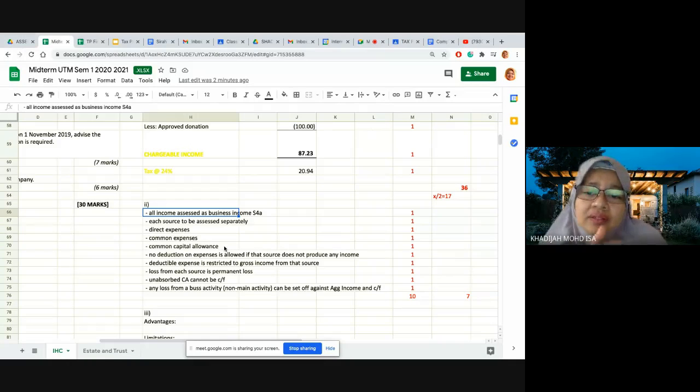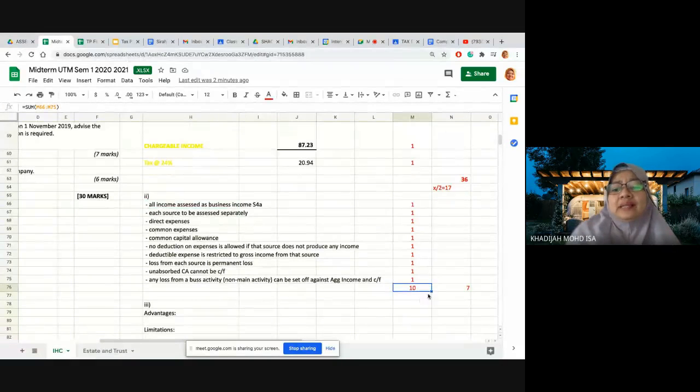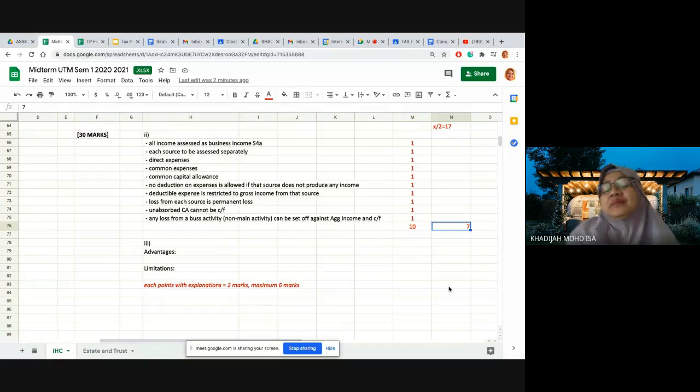If you have all these points, then I give you the marks. There are many points here, but I give a maximum of 7 marks only. I mentioned the advantages and limitations earlier, and you just cut and paste, so I'm not so happy with that. I don't give full marks for those who copy and paste. But those who can explain, for example, the limitation of your